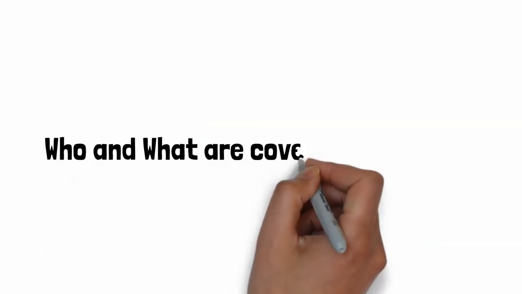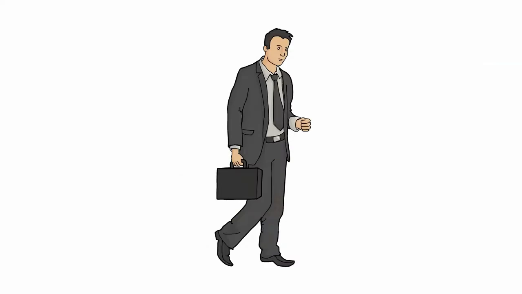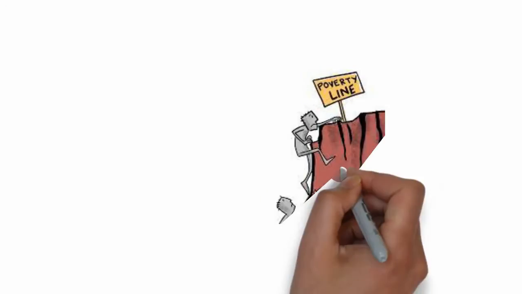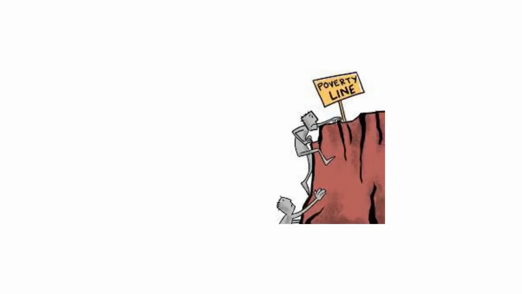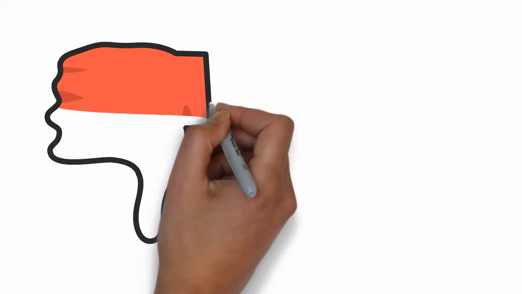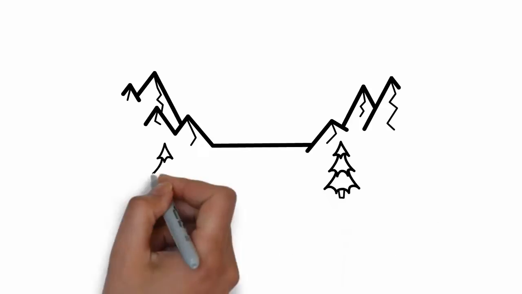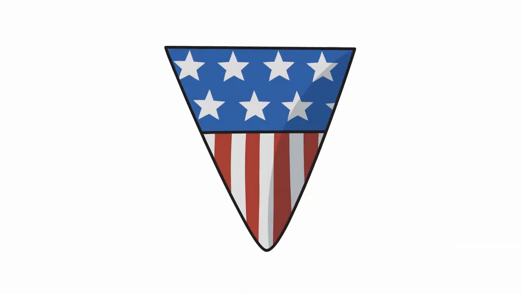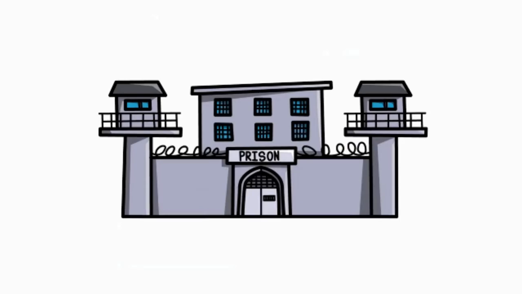Who and what are covered under CPI? Statistics cover professionals, self-employed, unemployed, people who have income under the poverty line, and retired people in the country. People not included in the CPI report are rural populations, farm families, armed forces, people who are currently incarcerated, and